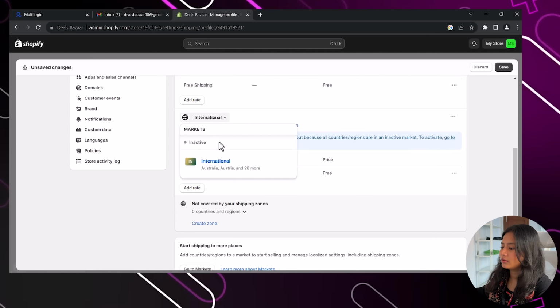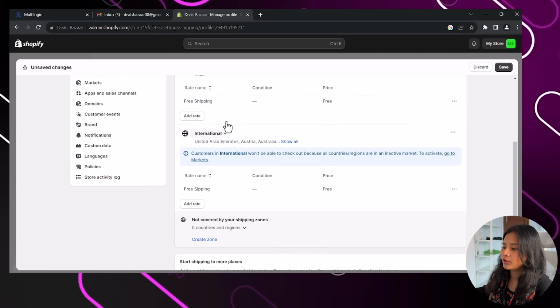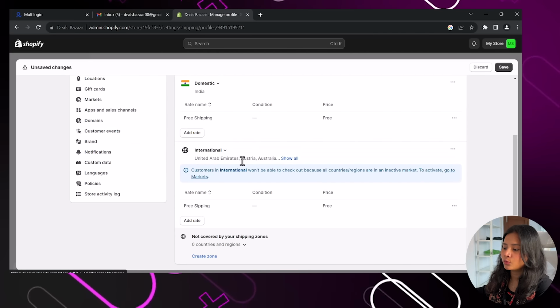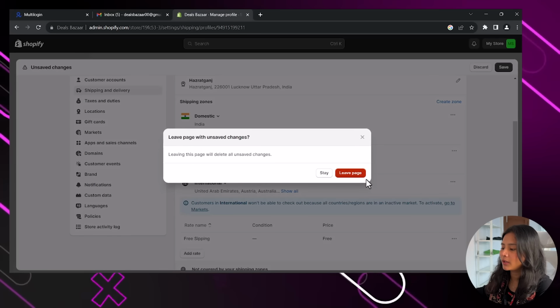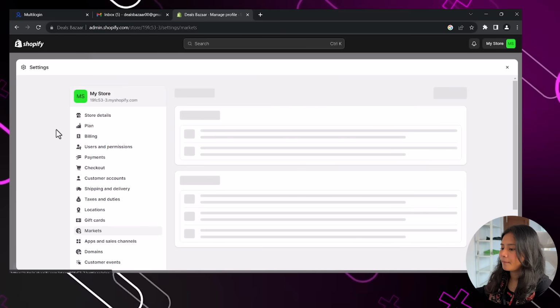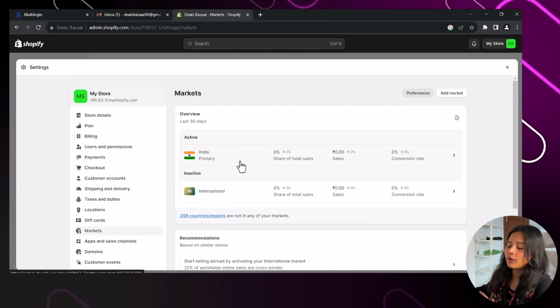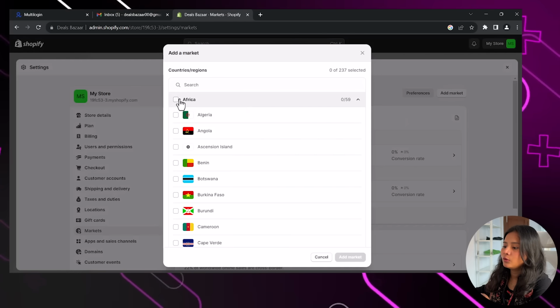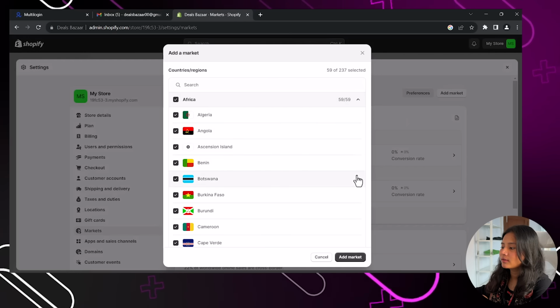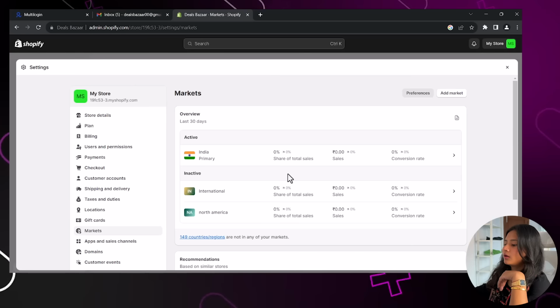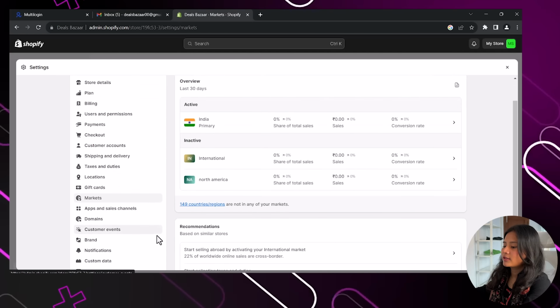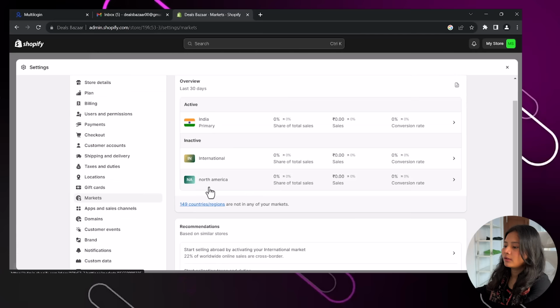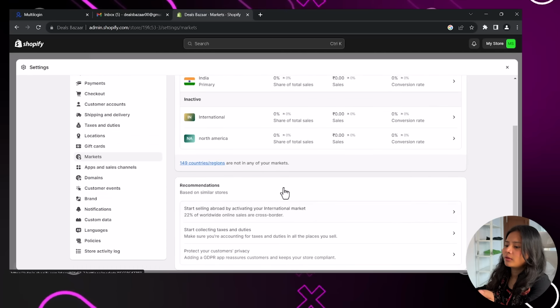And you can see international payments, it's inactive right now. To activate international payments, you have to go to the market section. So what you have to do, you have to go to add market, and you can select continent wise, so you just have to add them. So we have added few markets in which we want to sell out of India,